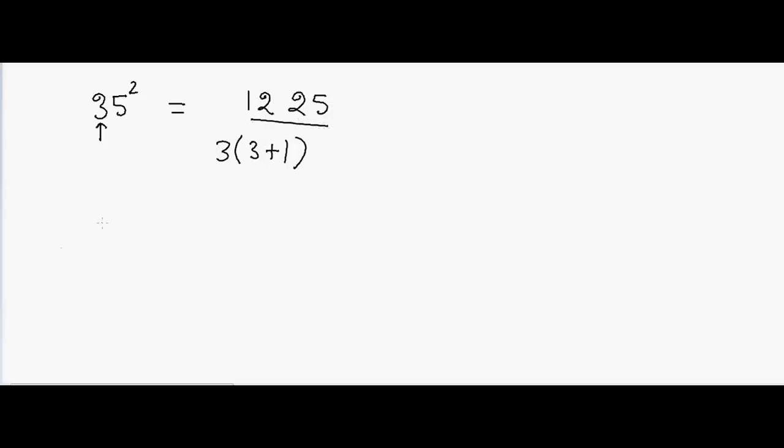1225. Another example, if I have 65 squared, in that case I have to write 25, and then I'll take 6. So multiply 6 by 6 plus 1, that is 7. 7 into 6 is 42. So the answer is